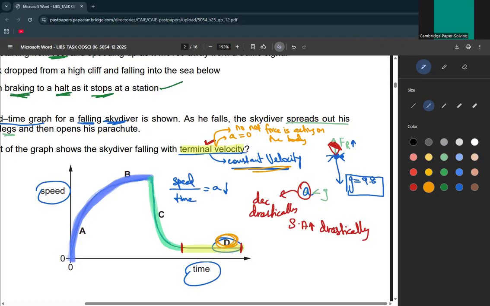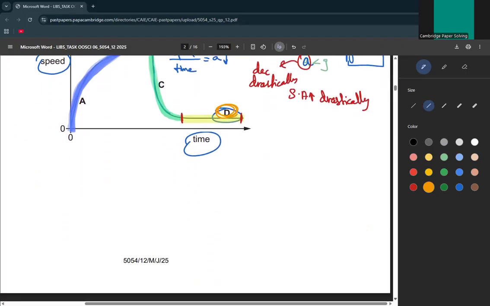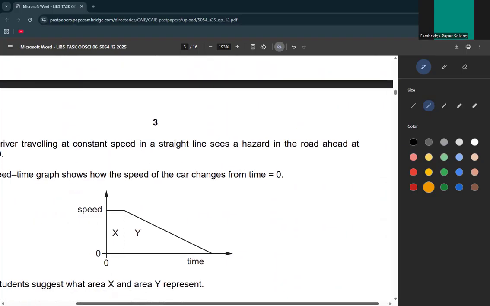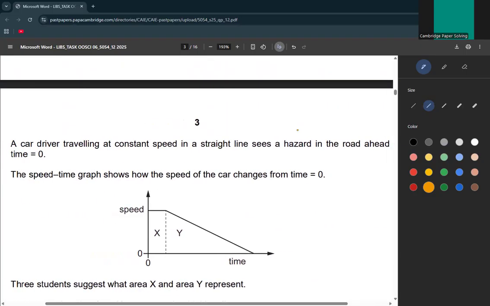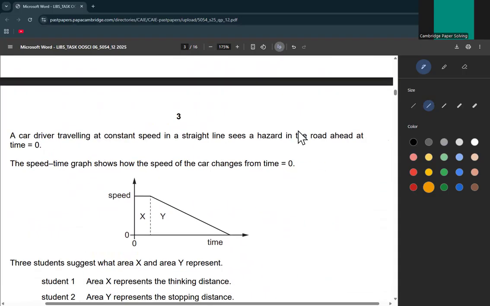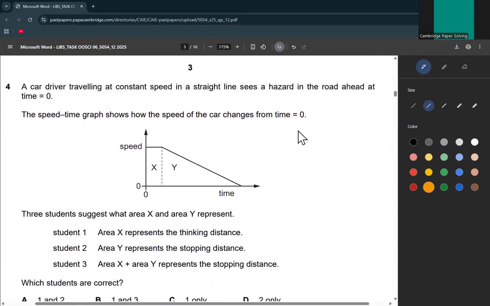Now, when you have understood the entire process, entire reasoning behind terminal velocity, I hope you'll be able to solve any question related to terminal velocity easily. Got it? Let's move towards the next question. Okay, the next question is,